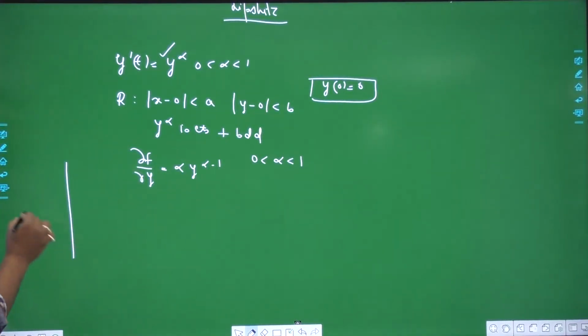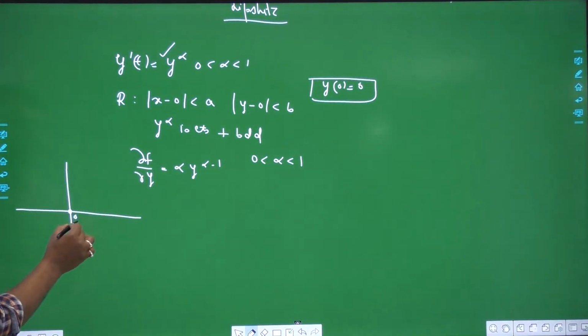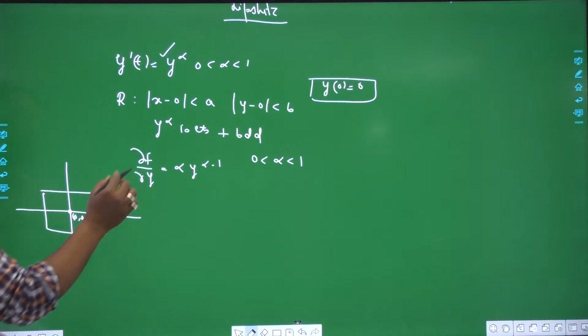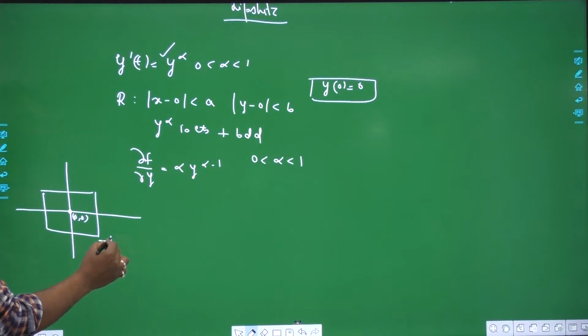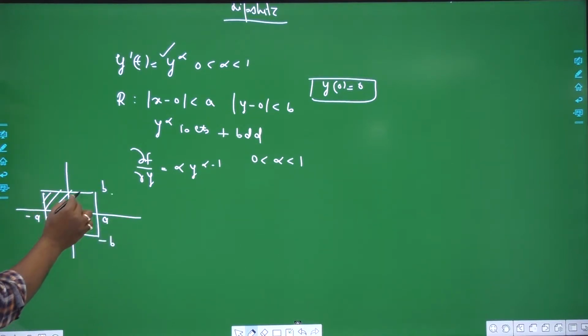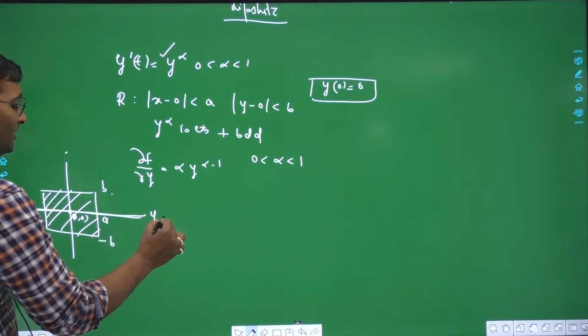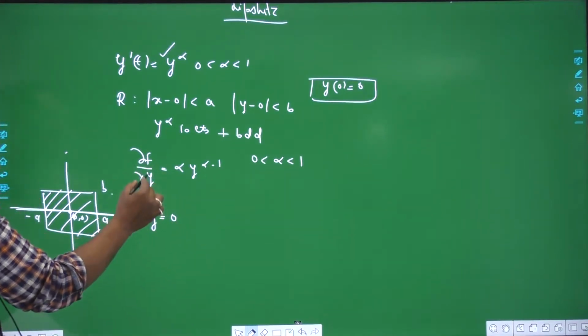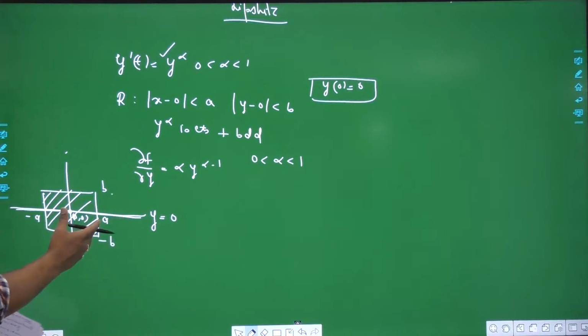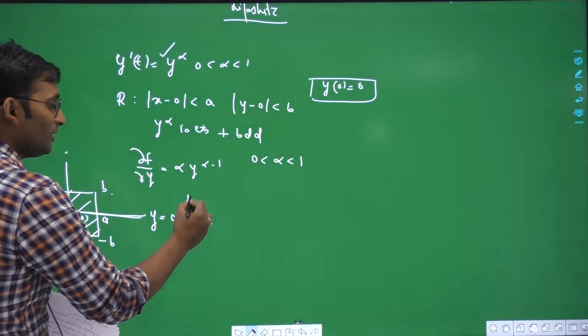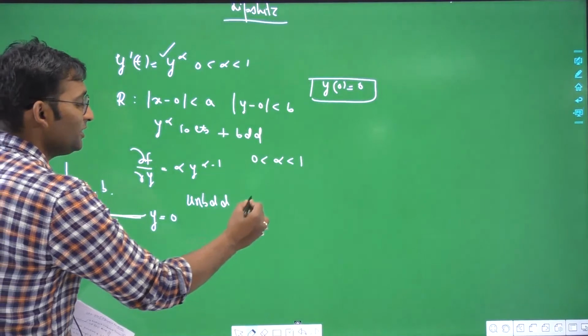Any rectangle enclosing (0, 0), that is |x - 0| < a and |y - 0| < b, will obviously contain the line y = 0. Therefore del f upon del y will be unbounded as well as not defined at y = 0, and as y tends to 0 this becomes unbounded. So therefore your existence and uniqueness theorem fails